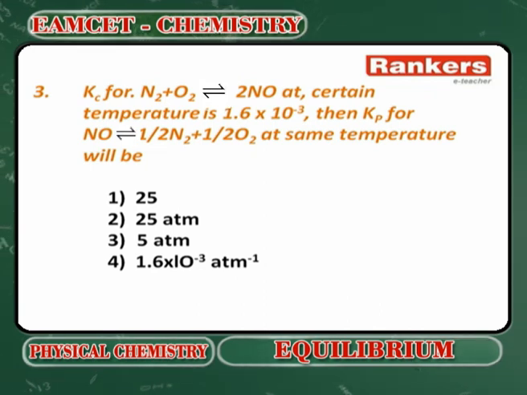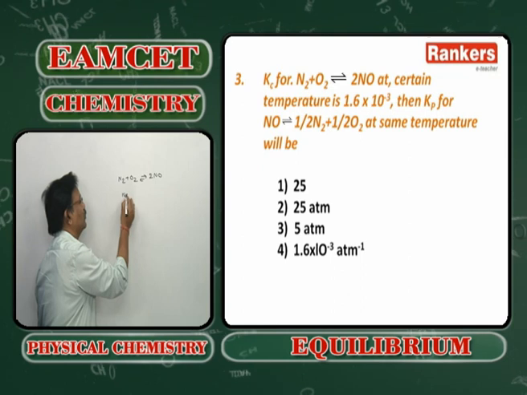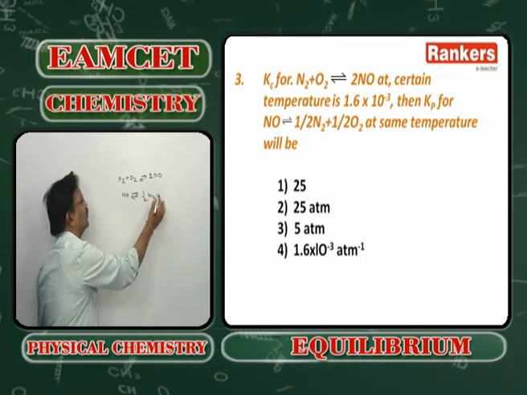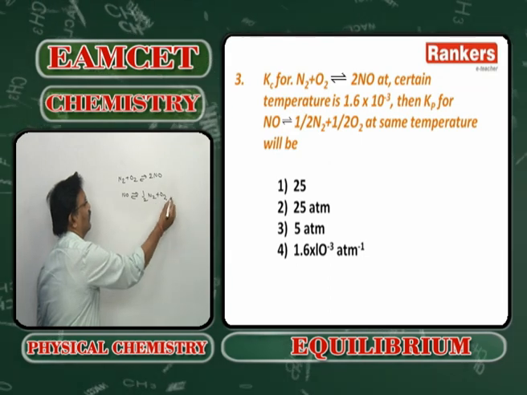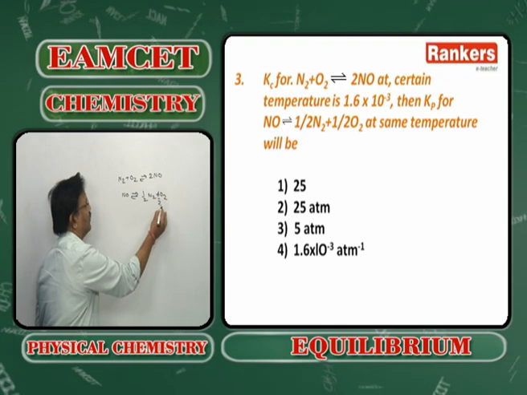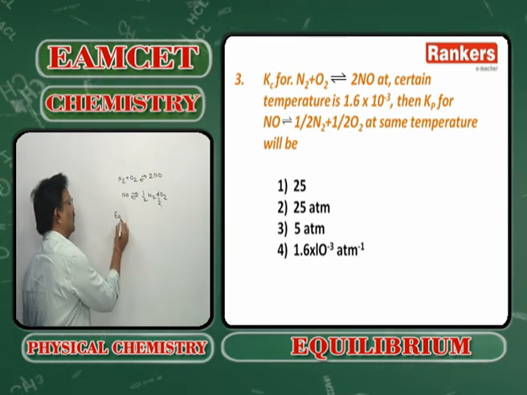Equation 1 is N2 plus O2 gives 2NO. What is equation 2? NO gives 1/2 N2 plus 1/2 O2. So here equation 2 is equal to